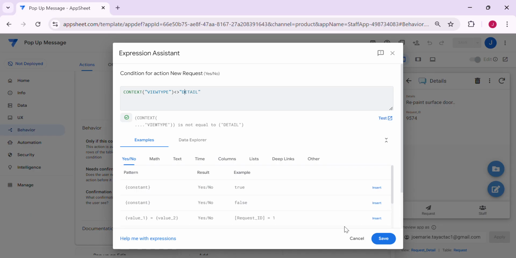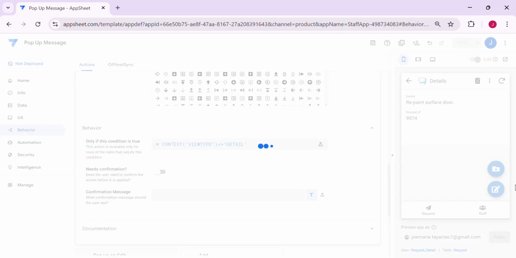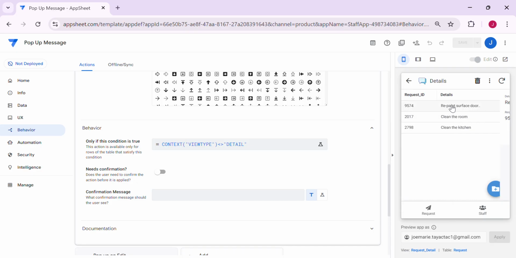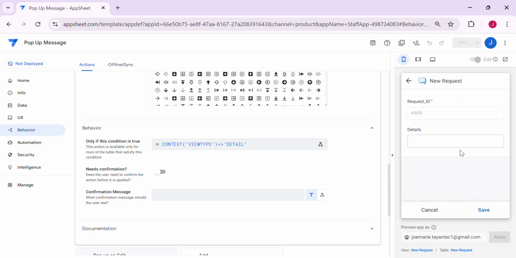Okay, so let's try if it's still showing that plus icon. Okay, so in the edit now you cannot see the plus icon, right? So you can only see it here in the new request. All right, so since we already created our slice to trigger when there is a new request added,